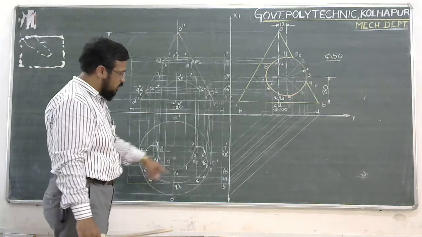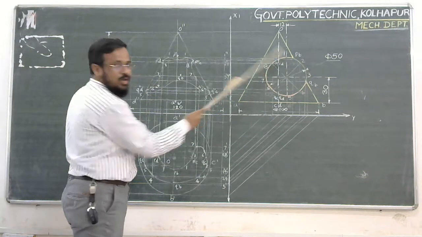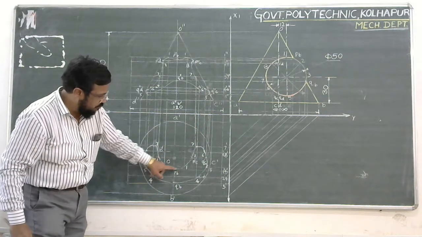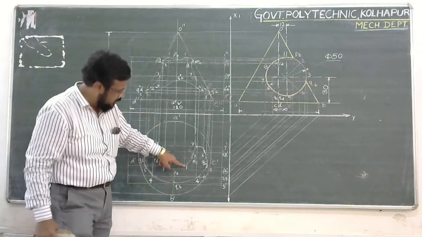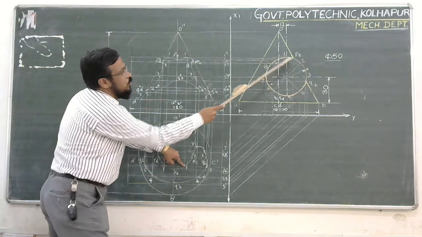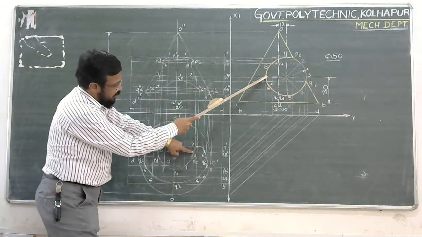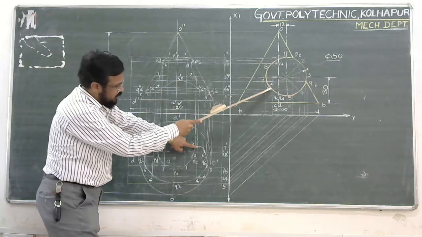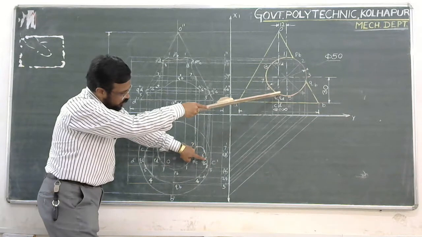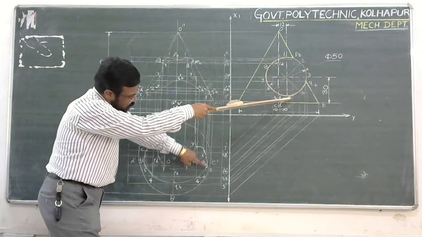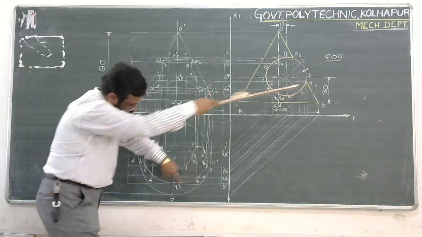When you join all those points, how do you join? You have to join from PB to 1, just with the help of a thin line. Then afterwards we can apply the visibility concept. So PB to 1, then 1 to 8. No doubt 1 to 8 has gone over here. Then 8 to 7, then 7 to 6, then 6 to QC, then QC to 5, then 5 to 4, and again 4 to QB.